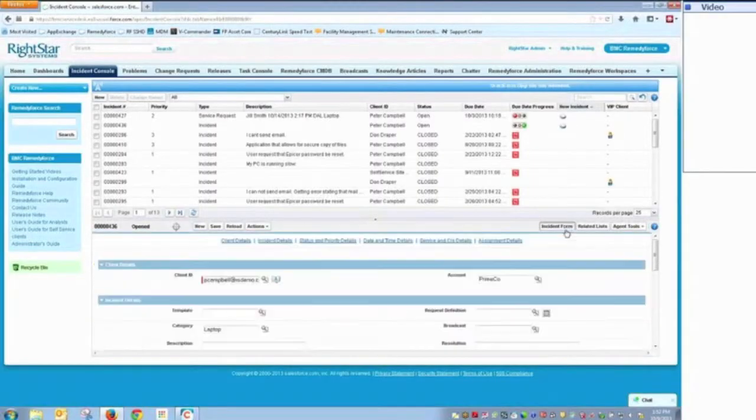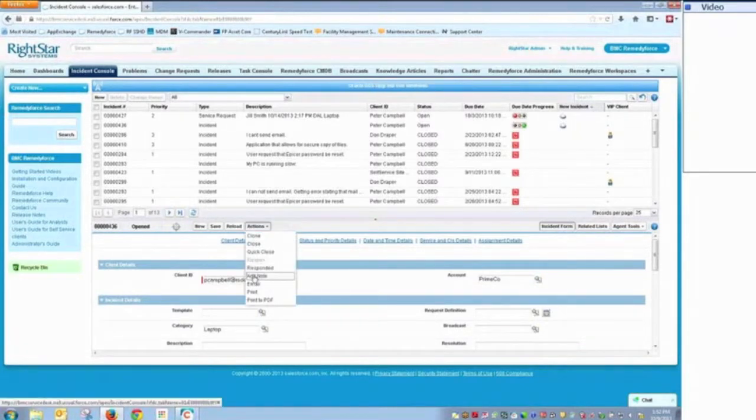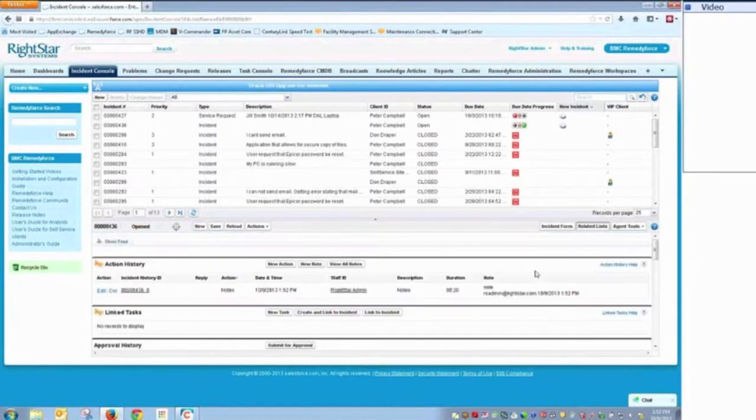Again, that's just another usability thing that the staff members have by simply going to Actions and adding notes. Now that we have added that note, let's go over here to the related list and take a look. So this is the note. You'll notice that I can add a new action or a new note, but also I can view all notes. This is a nice feature because in previous versions, I would have to go through these line item by